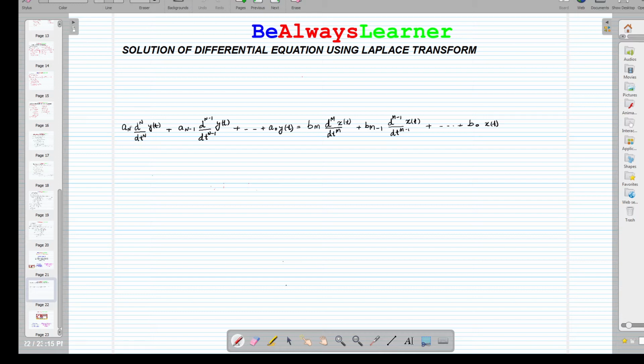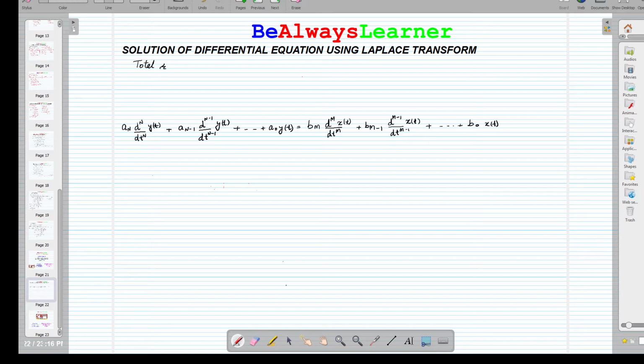जब हम सॉल्यूशन ऑफ डिफरेंशियल इक्वेशन की बात करते हैं तो हमें सिस्टम का रिस्पॉन्स निकालना होता है। और जब हम रिस्पॉन्स की बात करते हैं, तो रिस्पॉन्स को हम दो कंपोनेंट में एक्सप्रेस करते हैं। तो टोटल रिस्पॉन्स ऑफ ए सिस्टम